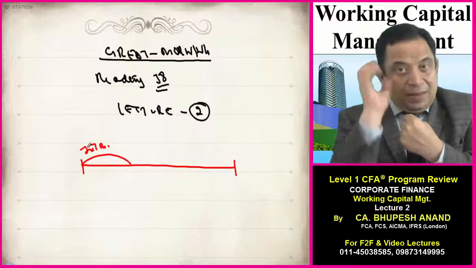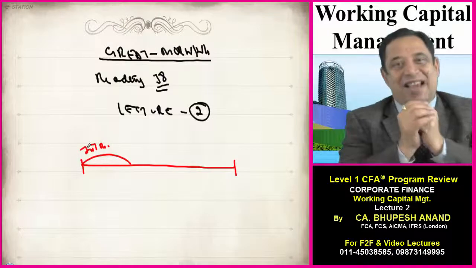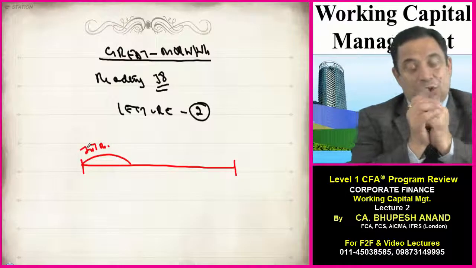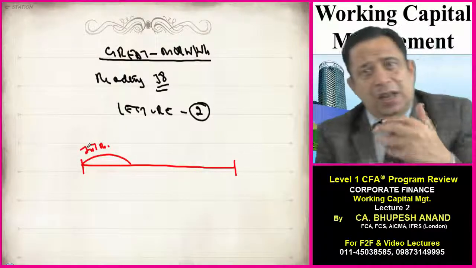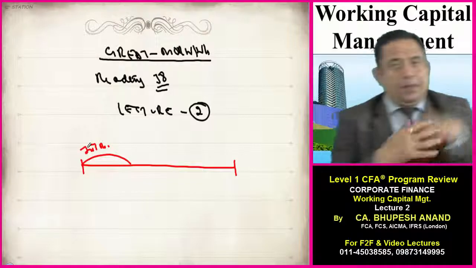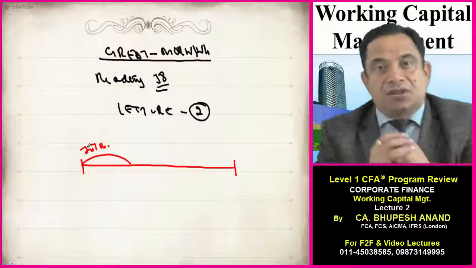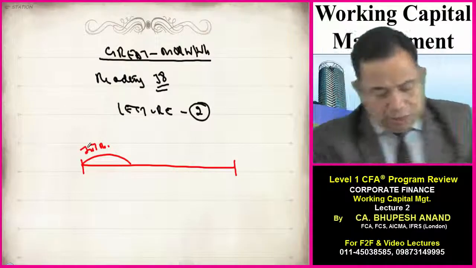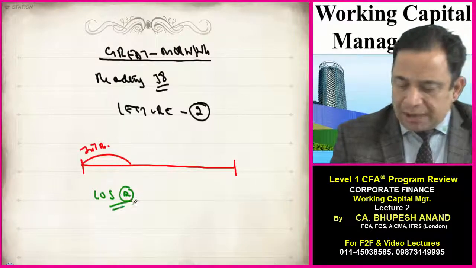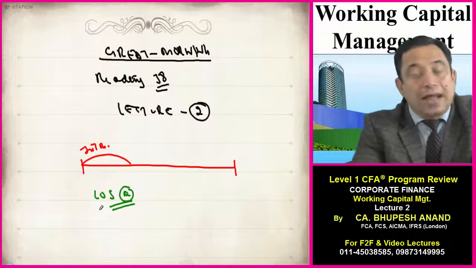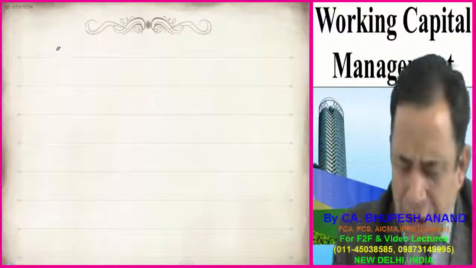Main object, primary object, is through their operating activities. I repeat. There can be different types of activities which an entity takes: operating activity, investing activity, financial activity, primary activity, secondary activities. So I am talking of primary activities. So my dear friends, in today's lecture number 2, I will be covering learning outcome A, and in that I will be telling you the sources of liquidity, or what is the meaning of liquidity.